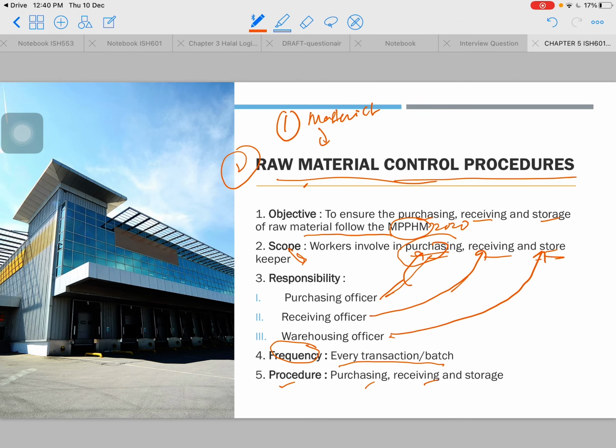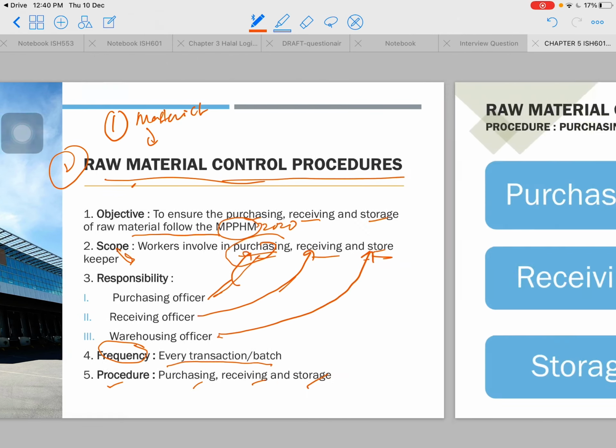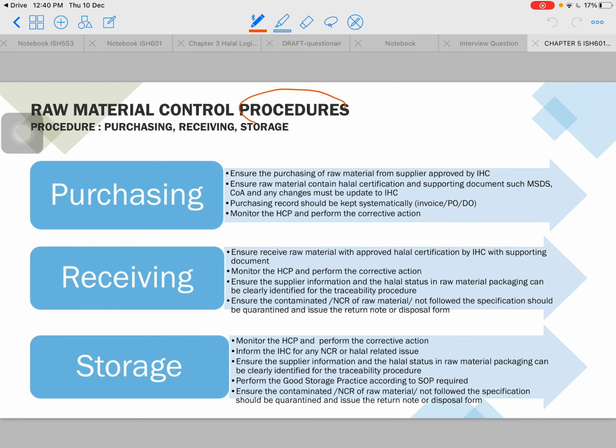Procedure is purchasing, receiving and storage. So now we're going to see the specific procedure. So this is the procedure. Okay, procedure, purchasing, receiving and storage. So what are the job scope or job description for the particular